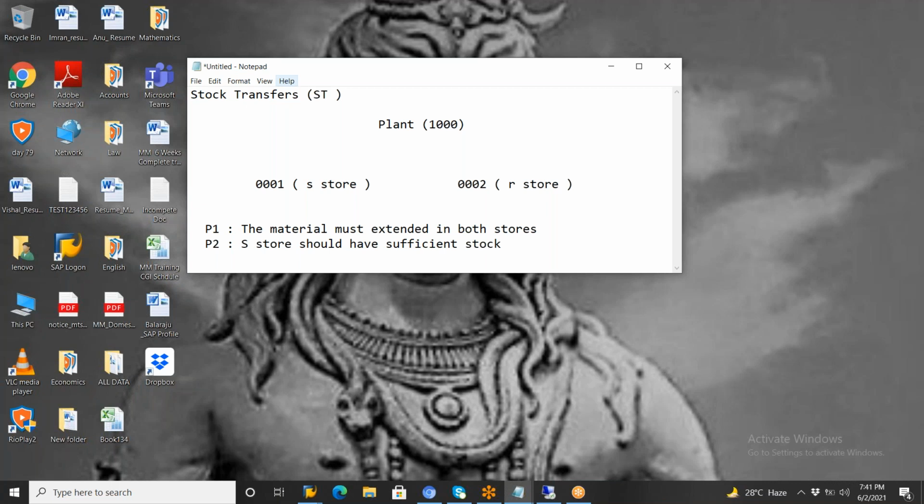Sufficient stock should be available here. So the supplying store should have sufficient stock. Whatever the store is issuing, you must maintain some stock in that store. As you know, for every business process and procedure,